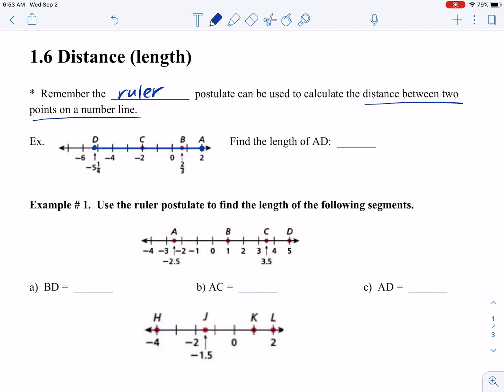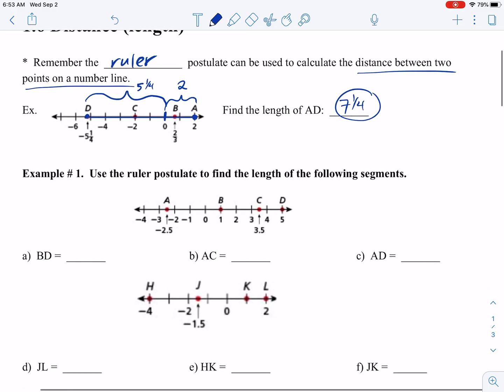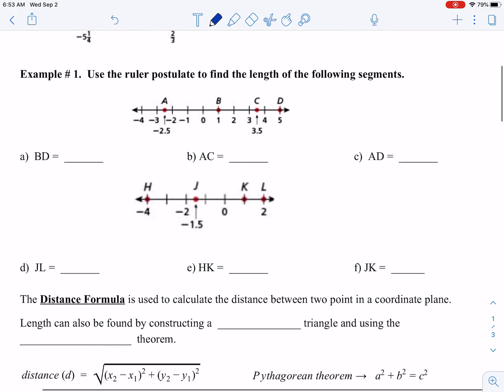Remember, I suggested, hey, maybe use 0 as a halfway point and find the distance from 0 for the positive side. So from A to 0 would be 2 units. And then the distance from 0 on your negative side, so that would be 5 1/4. Add those two together to get your total distance of AD, which would be 5 plus 2 is 7 1/4. Okay. Let's have you go practice